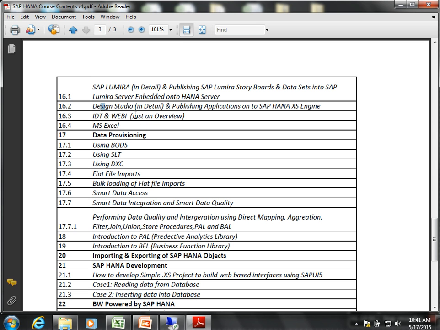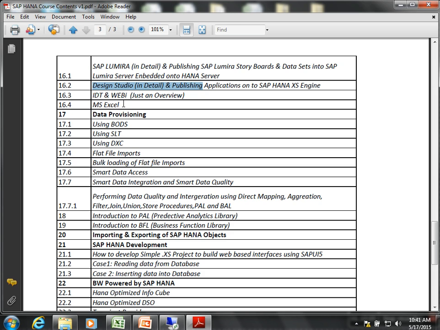For Design Studio, I would explain a bit more, but these all will be smaller tools. Because this will be the new dashboarding tool for SAP. We had Excel CS or Dashboard Designer. Now we'll have Design Studio, which is actually the replacement for your BEx WAD. You heard about BEx WAD? So this is how it is going to be.